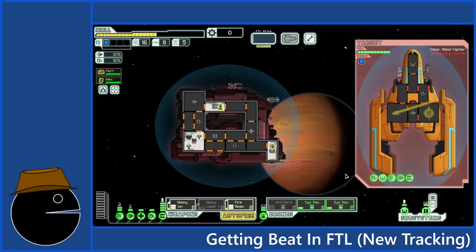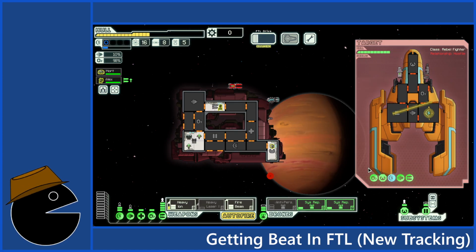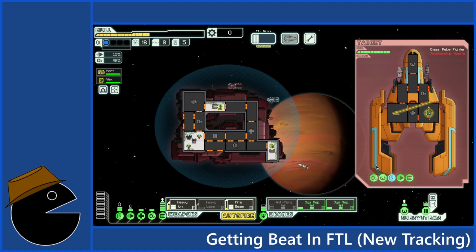See if the fire beam works here. Hope sincerely that it does. Alright, fires have ignited on their ship.